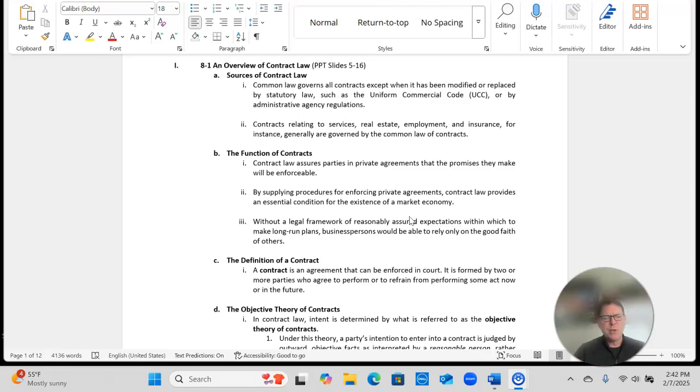There's tons of contracts that we enter into throughout our lives, and we want to understand the rights and responsibilities that are required when we enter into a contract. We want to understand how one is created foundationally. What are the legal requirements for a